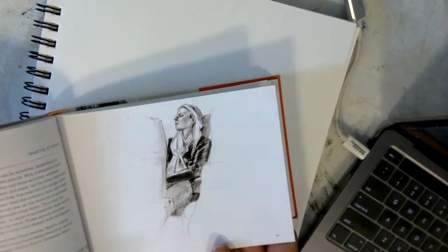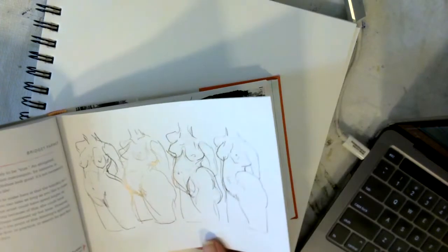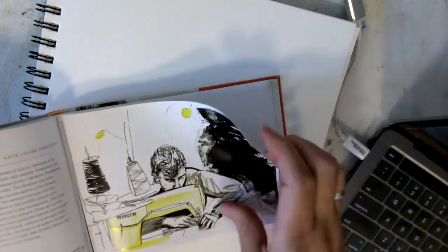I love the travel ones. People are just kind of stuck there on a plane or on the bus, and they're sleeping. They don't know they're being drawn. Maybe that's wrong. I don't know. Anyway,